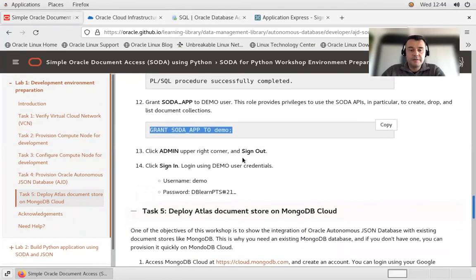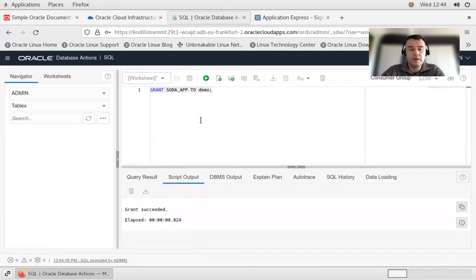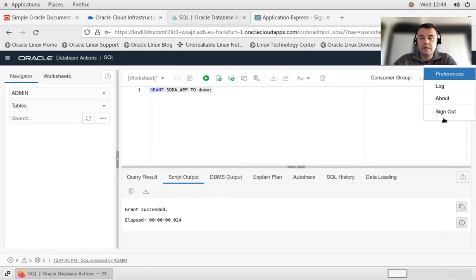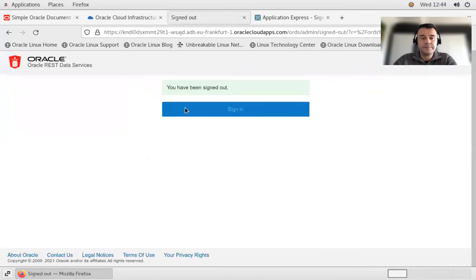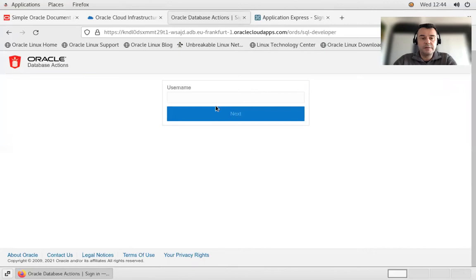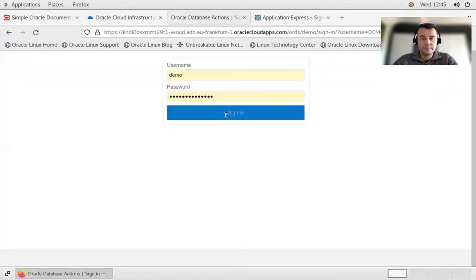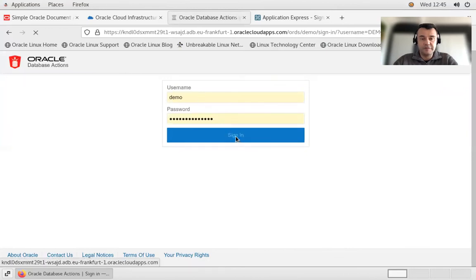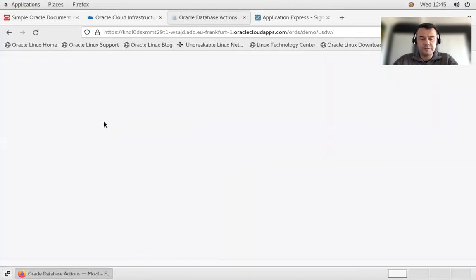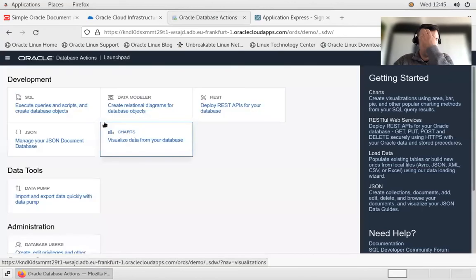Once this command is executed, I'm going to connect again as demo user with the demo user credentials, and I'm going to check. So the grant has been successful. Now I'm going to sign out, sign back in. I'm going to connect now as demo. The password has been saved. I just saved the password in the previous session, and voila, now I have the JSON